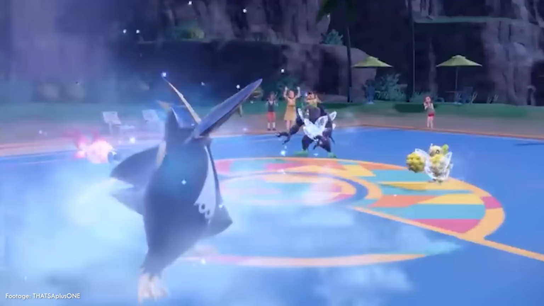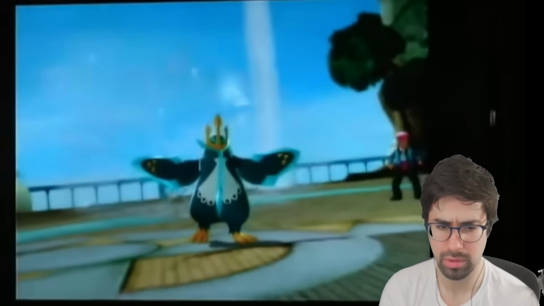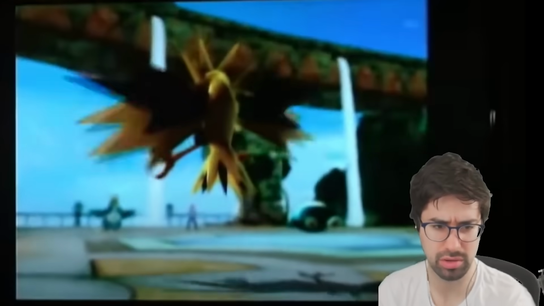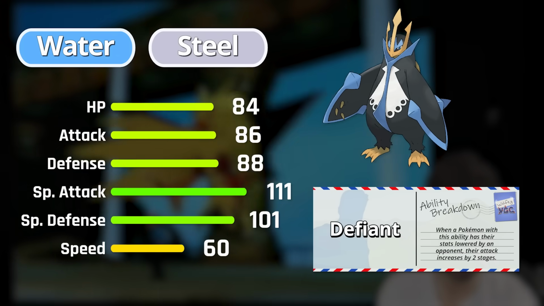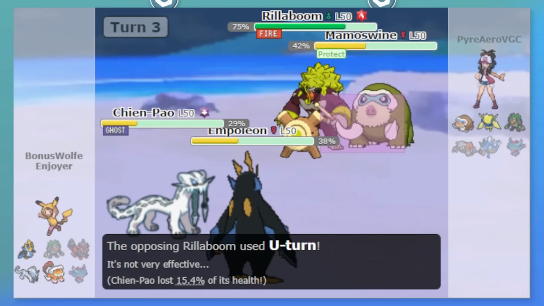Let's start off with one of the bigger ones, Empoleon. Now, Empoleon has never been a good Pokemon, though it did win the World Championships back in, I think, 2009, but it's overall not a great Pokemon. Water and Steel is a good defensive typing, but its stats are kind of mediocre, and its ability Defiant, while good, was not great because Empoleon likes to be a special attacker,